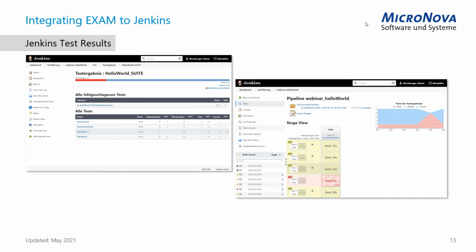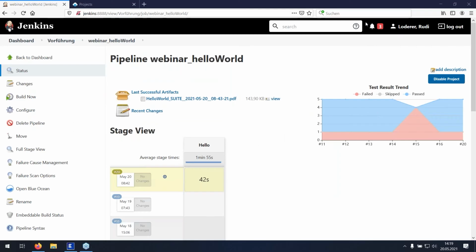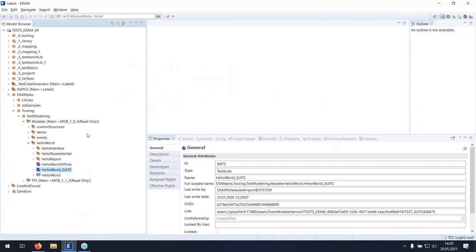Before showing you the web UI of the Jenkins plugin, I want to show you a typical exam test suite. To keep things simple, I want to use this predefined exam test suite, which is included in the examples package of each exam client. In order to run this test suite locally, you can double click it,